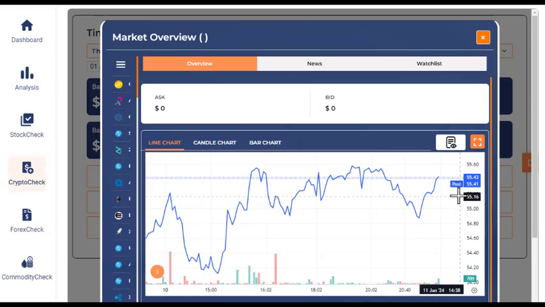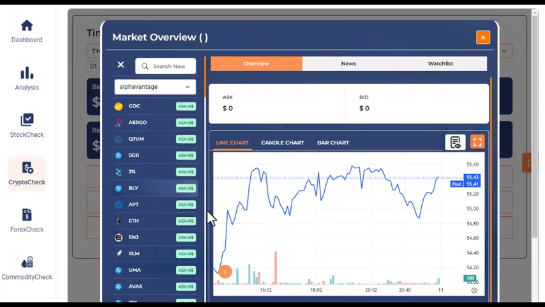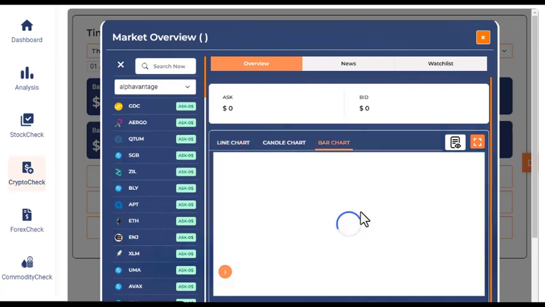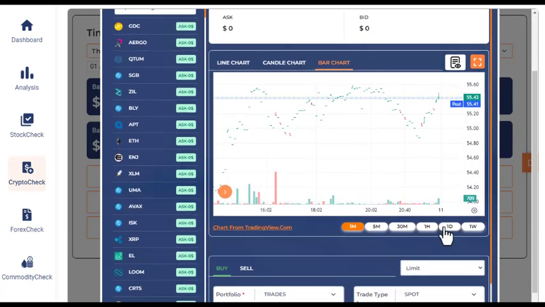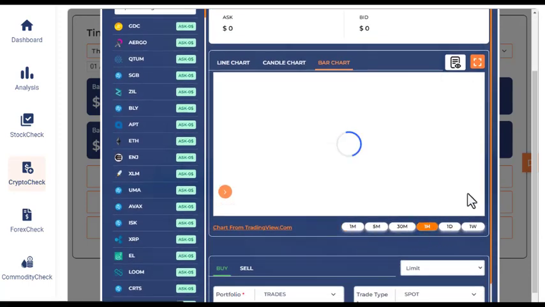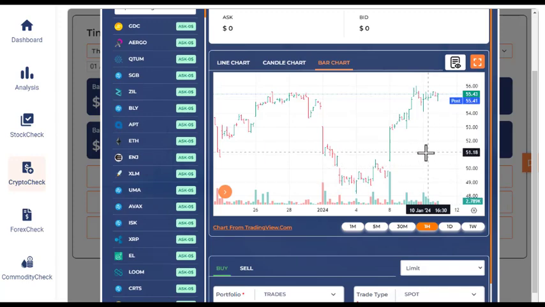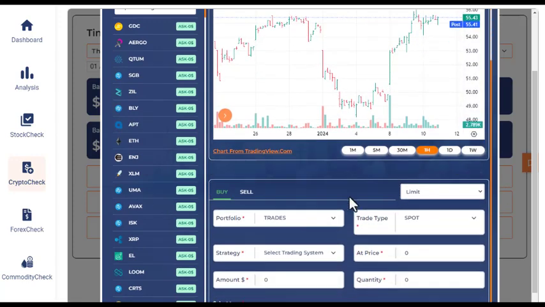Your markets overview tab here is just giving you a bit of an overview. You've got your charts in here, and that looks like a bit thin there. So it's on 1 minute. Yeah. So you've got the live charts there. You can place trades through here, but these are just demo trades. We are working on